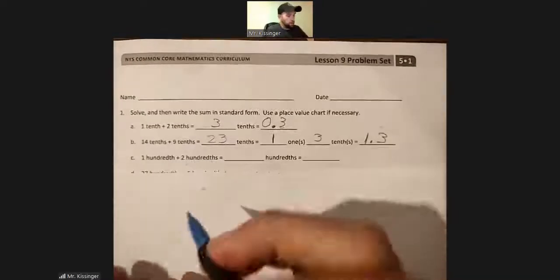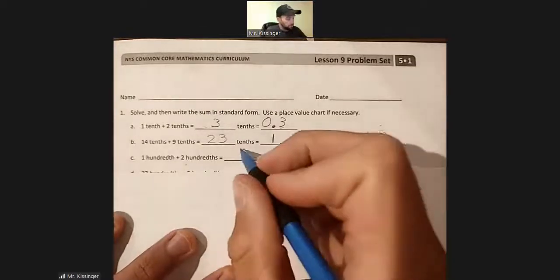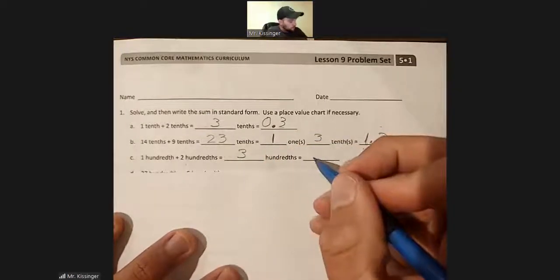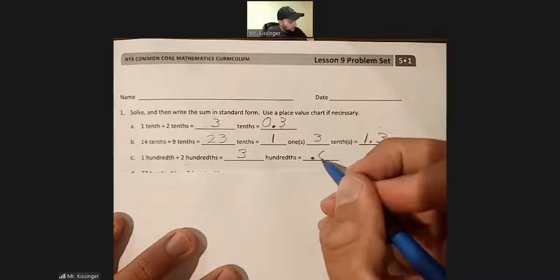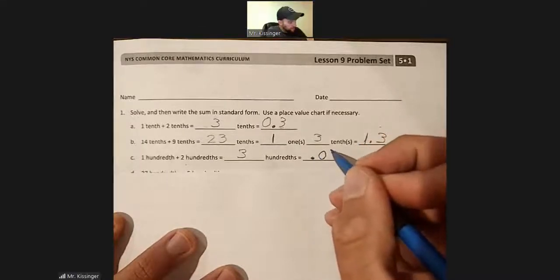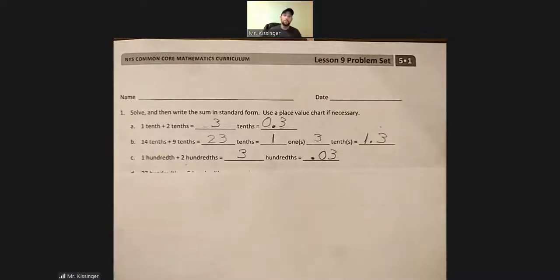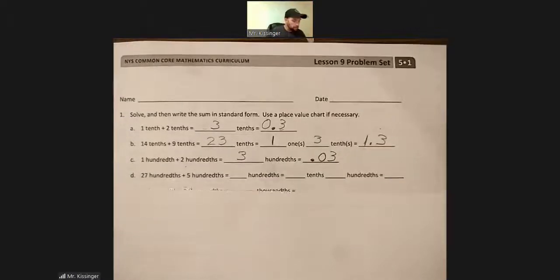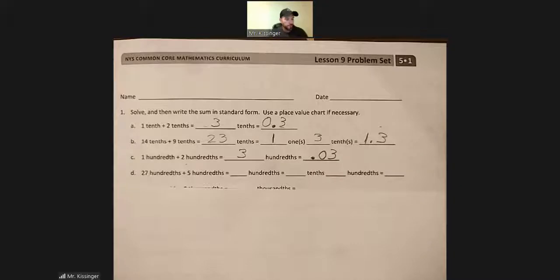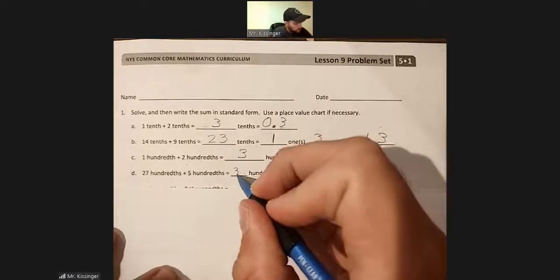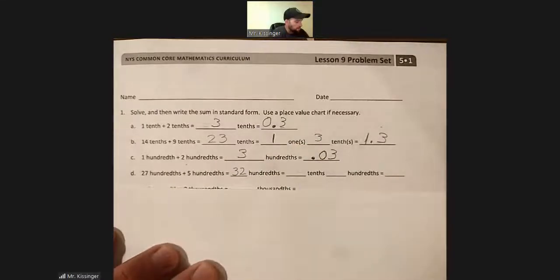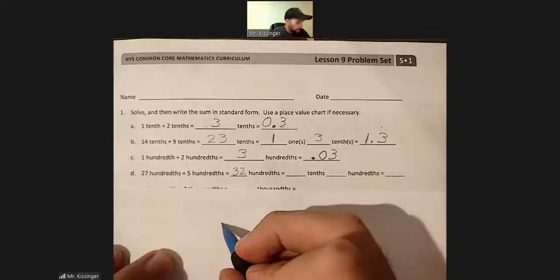If we have 100ths and 200ths, we add those together, we get 300ths. Put our decimal point here. We have no ones and 300ths. Letter D, we had 2700ths plus 500ths is 3200ths. And so if we do our place value chart, we had